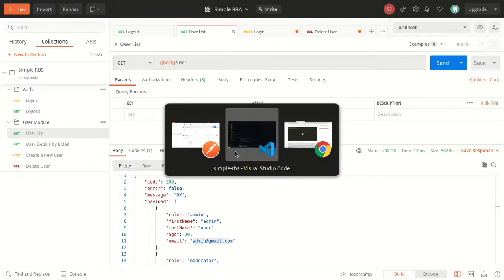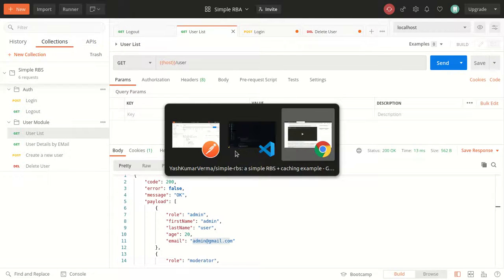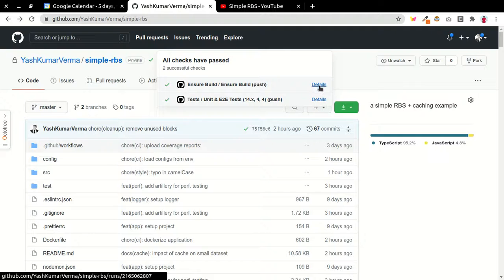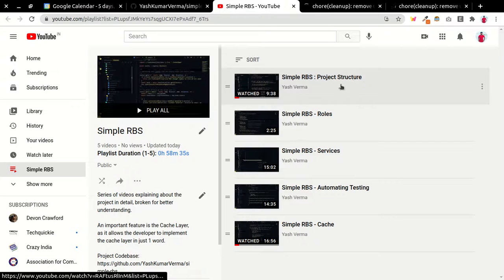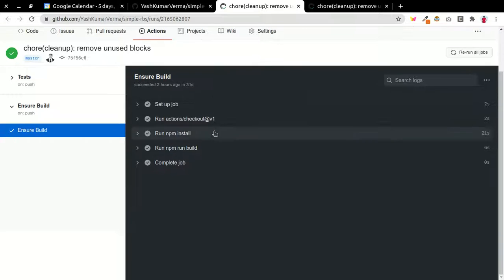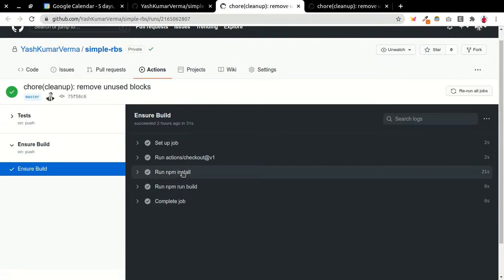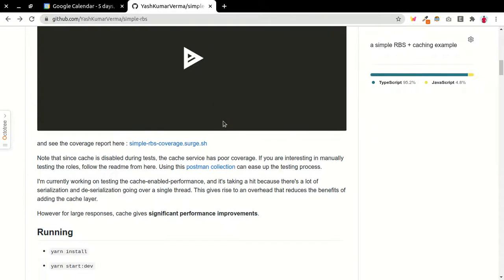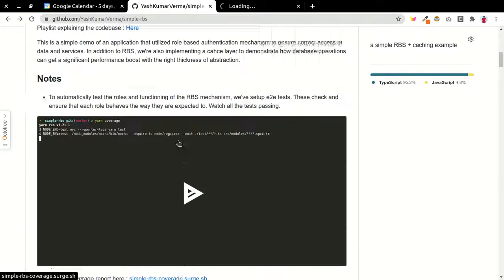Plus, if you check out the GitHub repository, we also have a CI setup. You can see over here, and we are testing all the things that are happening in real time as well. Yes, as you can see, we run the tests, install the applications, and then cache things, then MongoDB, Redis, and then run tests, calculate coverage reports, and everything. Plus, the coverage reports are also attached here if you want to have a look.